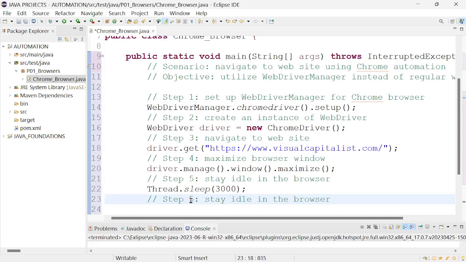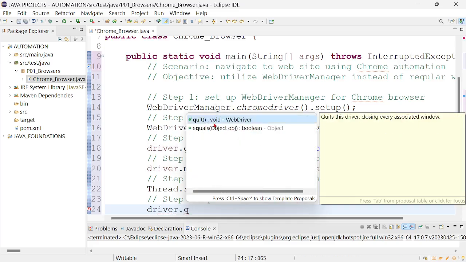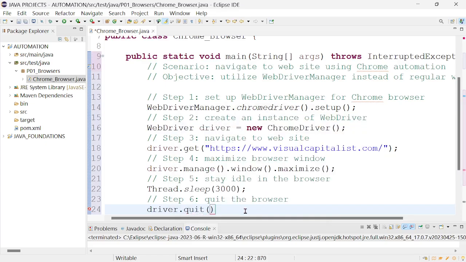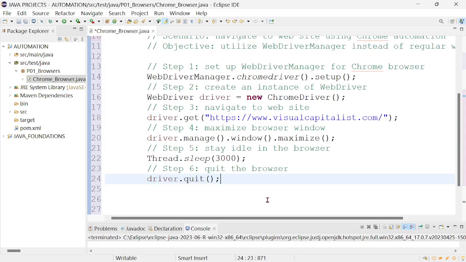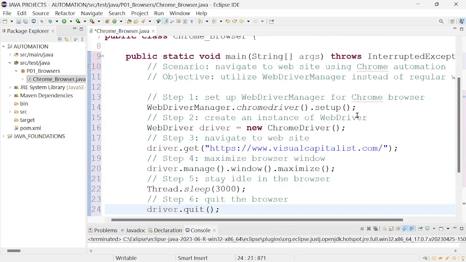And after being idle, I'd like to quit from the browser. Step 6: quit the browser. Simply speaking, driver quit method. Now, I'd like to be oriented here in my console. What's going to happen? So I'd like to write something. WebDriverManager setup. So before this,